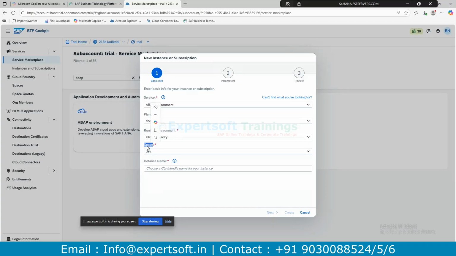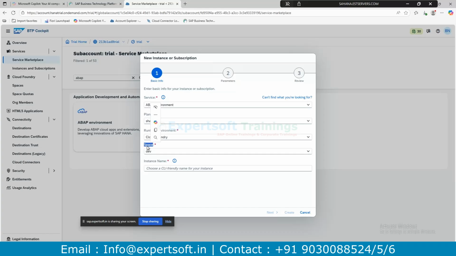For each and every account, you must allocate one of the spaces. Space in the sense of GB is like a memory card. So for whatever applications you will be developing, accordingly you can select the space. Currently it is a trial account. SAP has given a particular limited space, I think 2.5 GB. Once it is exhausted, you can purchase more according to your requirement, subscribing and paying on a monthly basis.